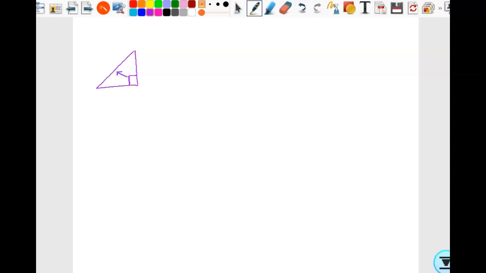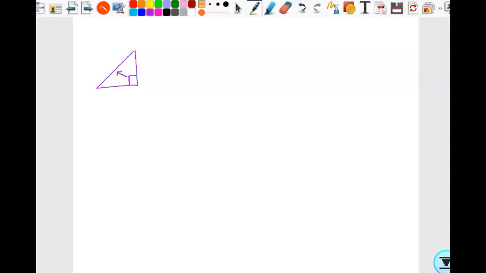So good job not saying the longest side. Is it the longest side? Yes. How do I know that if I don't have any side lengths, right? So if I don't have any side lengths, I don't know which one's the longest side. I can't go by the way it looks. The hypotenuse is always across from the right angle. You have to know how to identify the hypotenuse or you're going to be in a world of hurt.